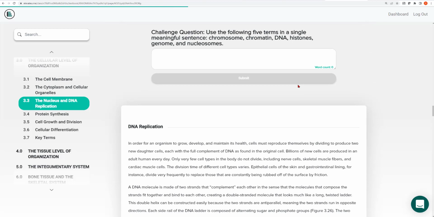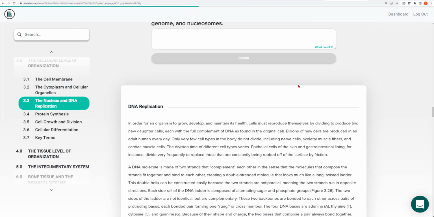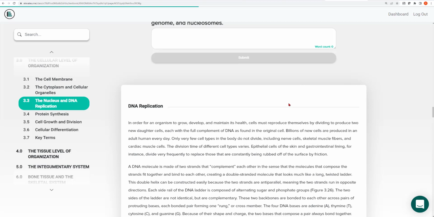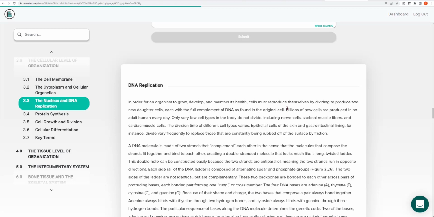So very, very quickly, let me describe to you replication. You could spend an entire lecture, you could spend an entire exam studying the intricacies of replication. I am not interested in diving in that heavily. What I need you to understand is what is DNA replication. DNA replication is the process by which the cell makes a replica, right? Makes a replica of its DNA. And we all know that a replica is an exact copy.